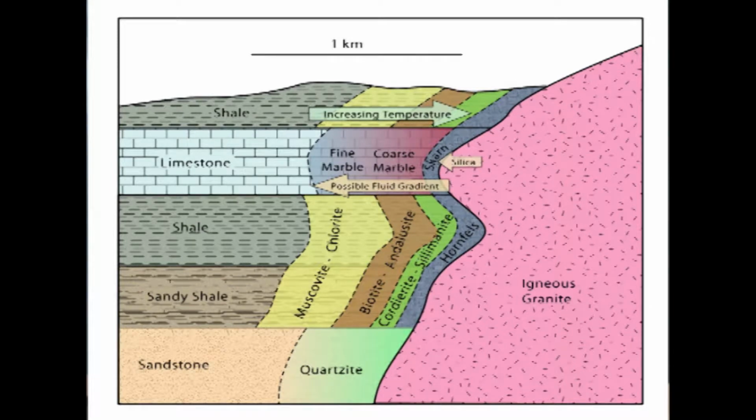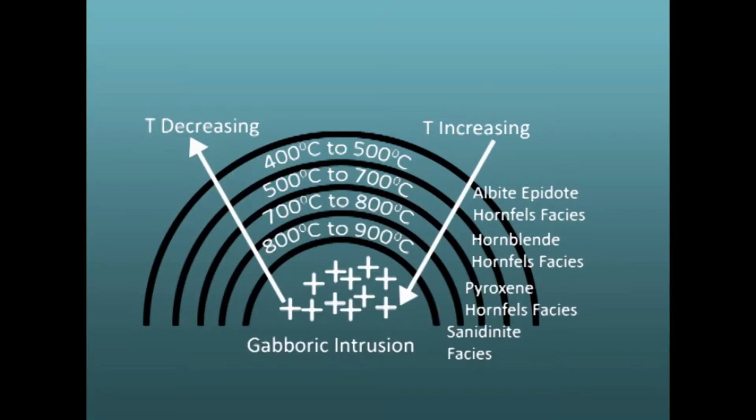See the figure on the screen where we can observe the contact aureoles, and we can see the different zones present around the intrusive body. At immediate contact we can observe the cordierite facies, while at the outer fringe we can see the Albite Epidote